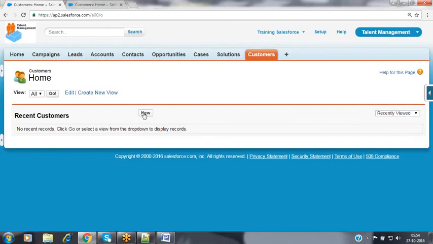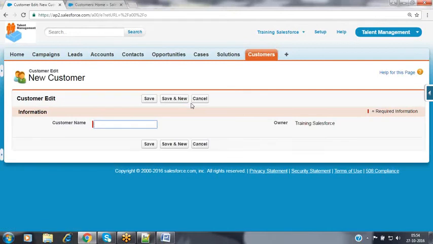Then how to create? Click on the new button. As soon as you click on the new button, it provides a graphical user interface to you in order to create a new customer record. So now the graphical user interface is available, and the database table is also available to you. And then what about the business logic here? Business logic means what? In order to save, modify, delete, or view the records, some business logic is required. So here it is providing the business logic to you.